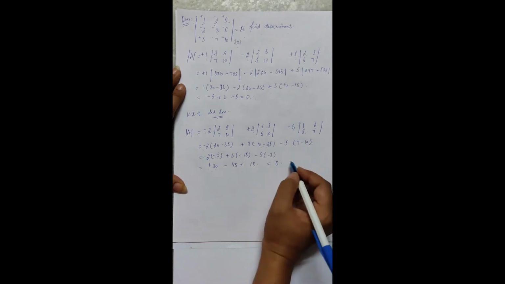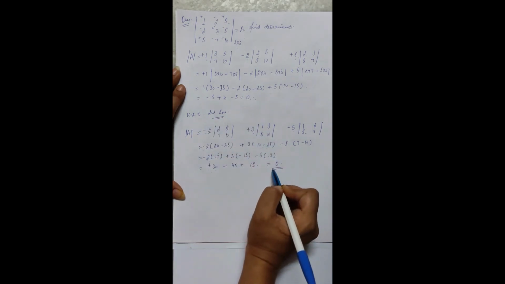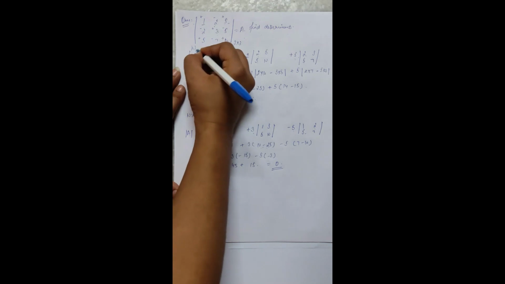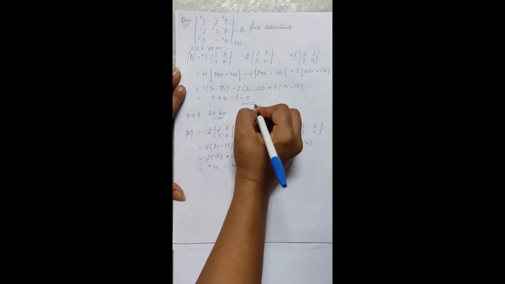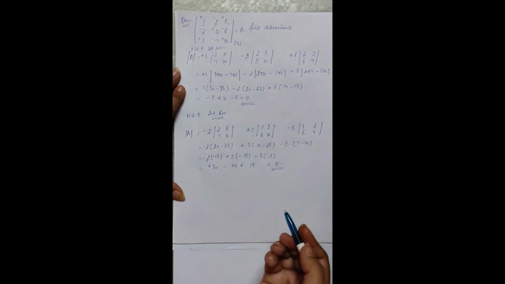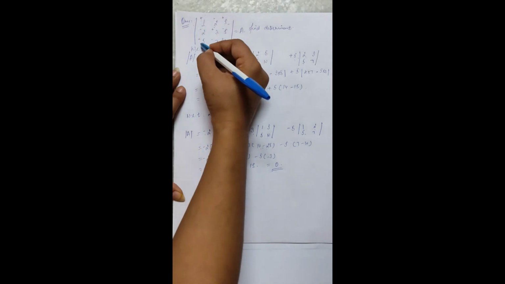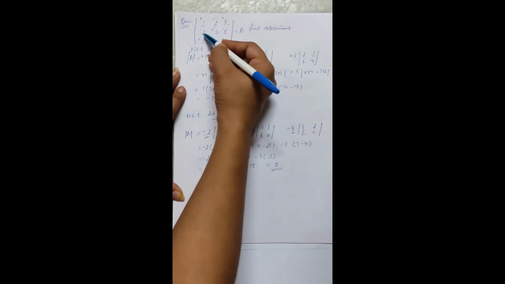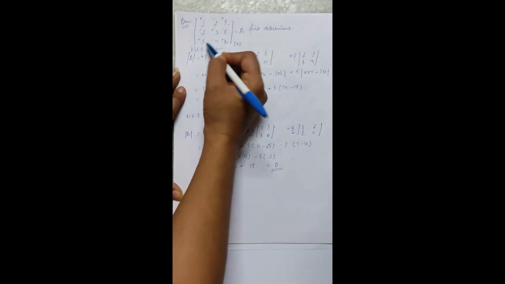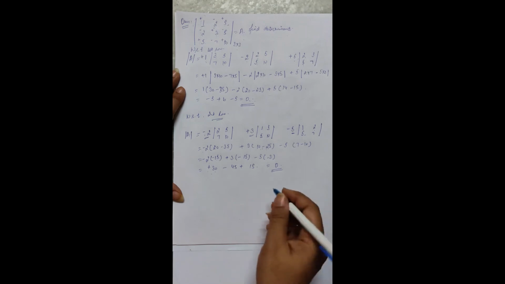So whatever row or column you take, you will always get the same value. With respect to the second row, we are getting the value of the determinant as 0. With respect to the first row, again I am getting 0. With respect to the first column, again you will get 0. In the first column, instead of 2, 3 and 5, you will take 1, 2 and 5. In the same way, you can find the value of the determinant with respect to any row and any column.